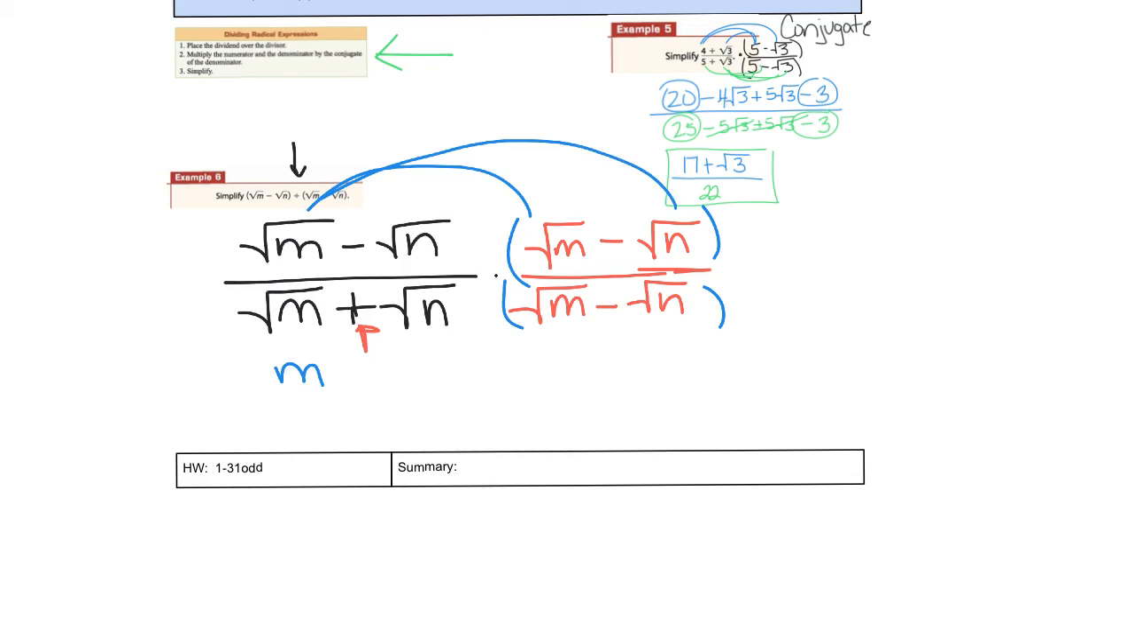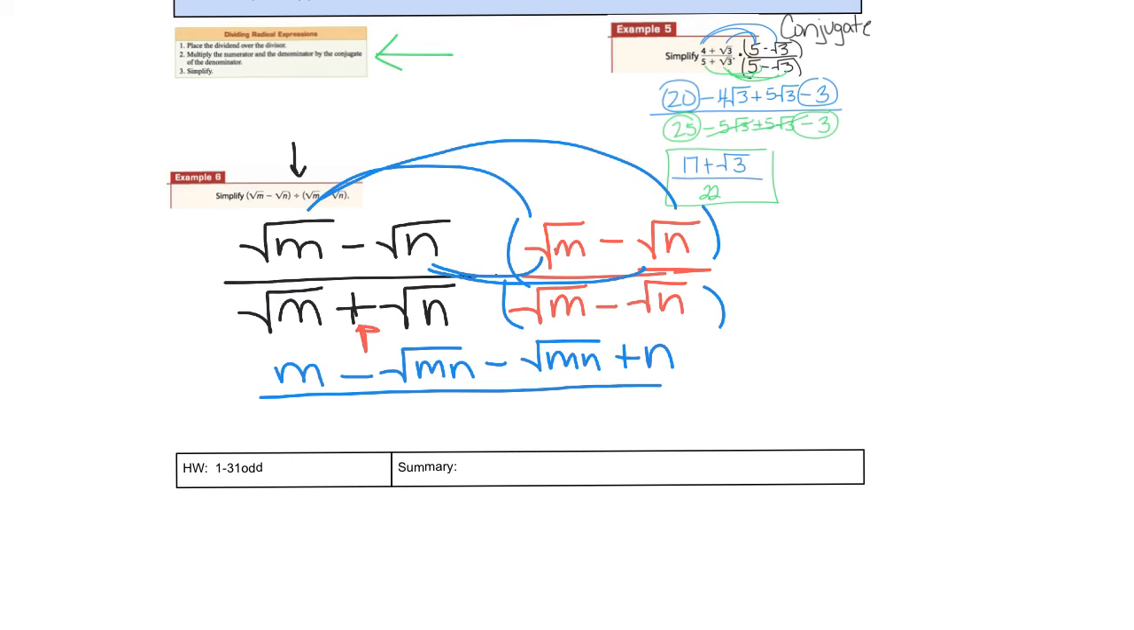Outer, square root of m times negative square root of n is negative square root of mn. Inner, negative square root of n times square root of n is negative square root of mn again. Last, negative square root of n times negative square root of n. A negative times a negative is a positive n. All over, right here, we're going to have